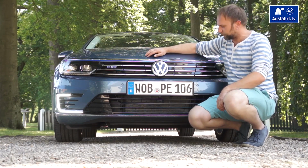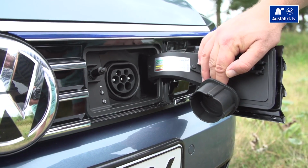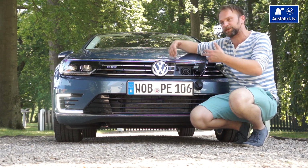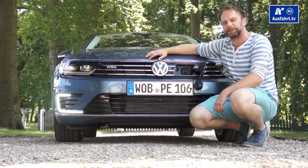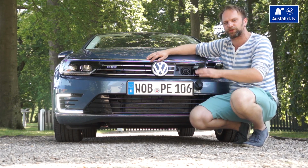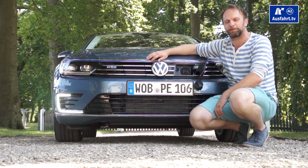And that's for a reason, because we have a secret door here, and if I open it, here's a plug for the electricity, so you can load the car. You have 3 ways of charging the battery. First, while driving, of course. Second, put it on a regular power outlet with 230 volts. Then it takes 4 hours and 15 minutes to charge the battery completely. Otherwise you go on a wall box, and then it takes 2 hours and 30 minutes to recharge the battery